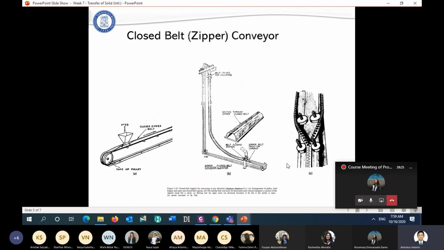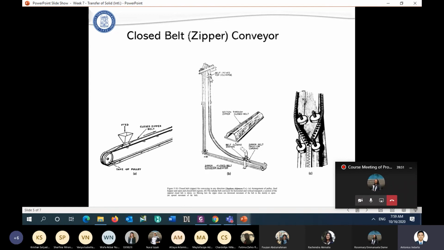So the zipper system is to ensure that the solid particles are located inside this cage. For example, you bring the particles from this one, and then it will go up, and then you unzip in this position.